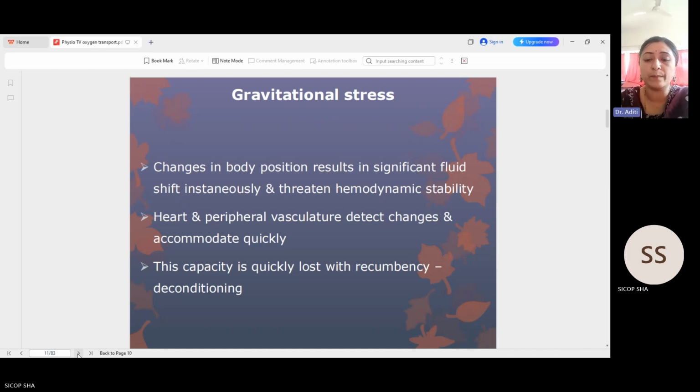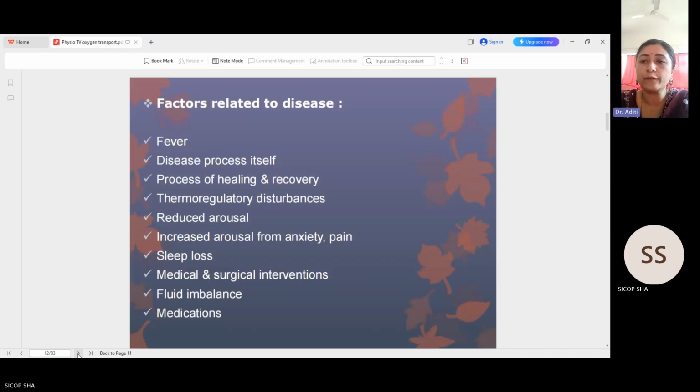This is especially true when we are making the patient stand for the first time after a prolonged bed rest. Now let's see a few of the factors related to disease that can affect oxygen transport. So it is fever, the disease process itself. The process of healing and recovery also will require more oxygen. So the demands will go up, and unless the supply is able to match up to the demands, there are